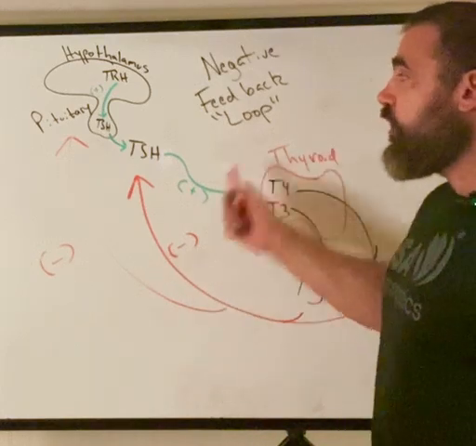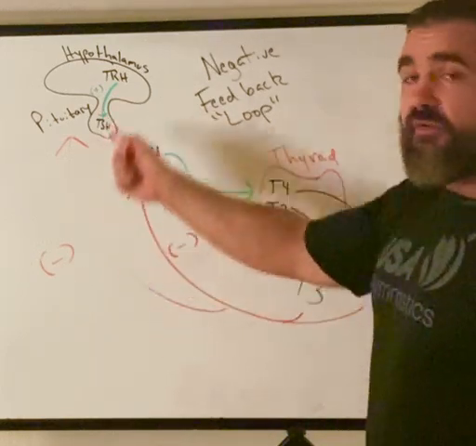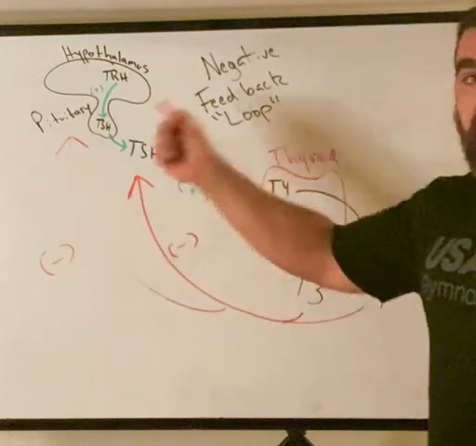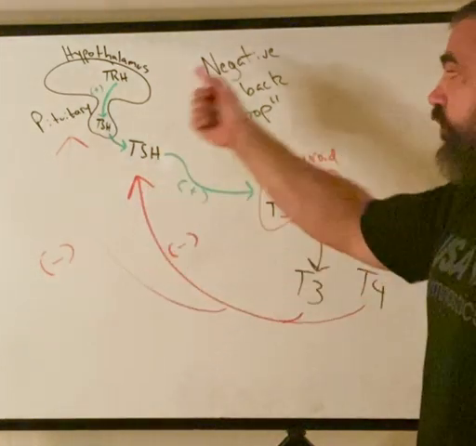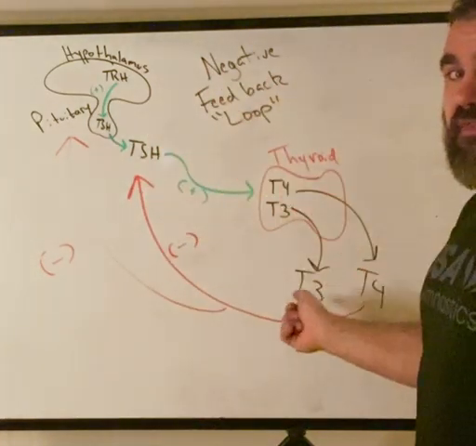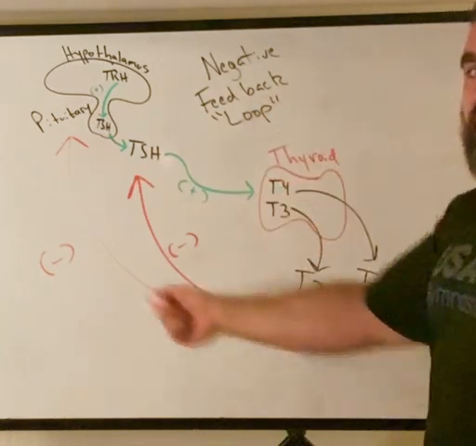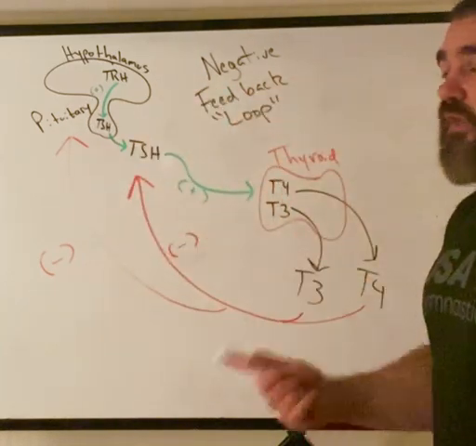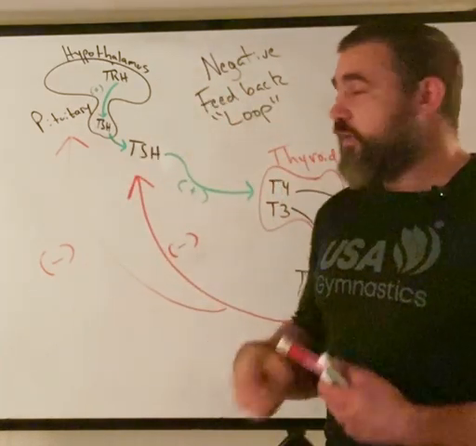Now, we call it a loop because look at this. This goes around and around. This is constantly working your whole life, as long as everything's functioning. This is a loop, right? Stimulate the thyroid, make thyroid hormone, which feeds back here, and then negatively feeds back around and around and around. So that's a negative feedback, and that's why we call it a loop, because it is creating